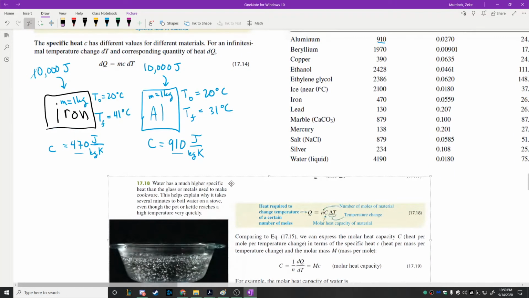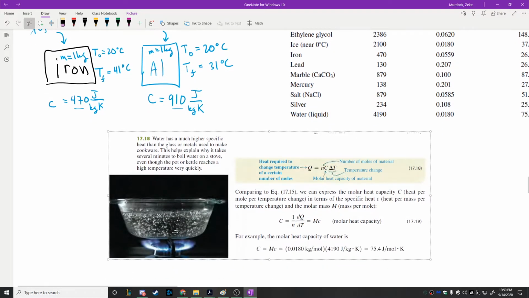So water has a much higher specific heat than the glass or metals used in cookware. It explains why it takes several minutes to boil water on a stove, even though the pot or kettle reaches a higher temperature really quickly, right? If you put water into a pan like this, you put it on the stove, and you let it sit there for a minute,